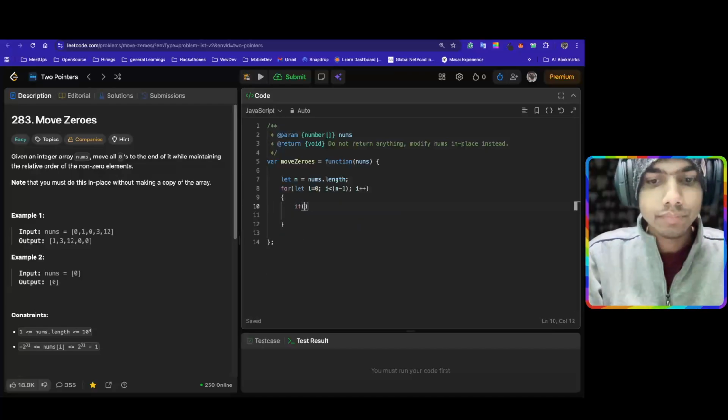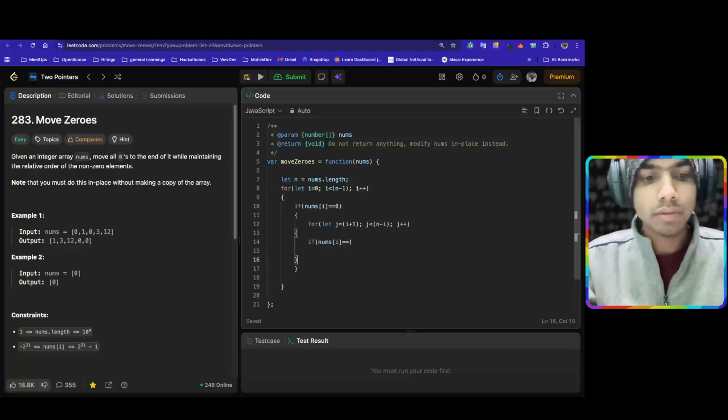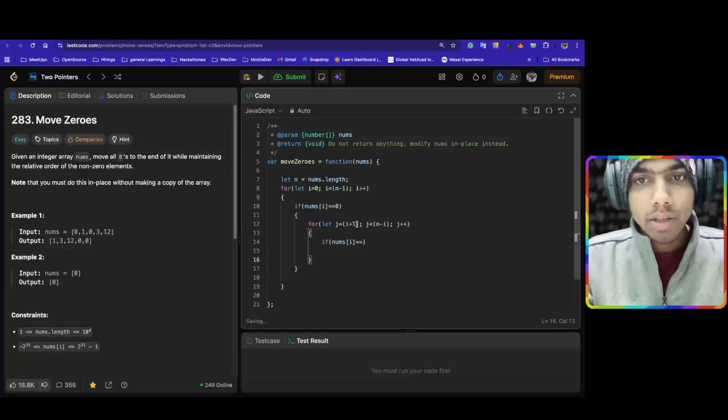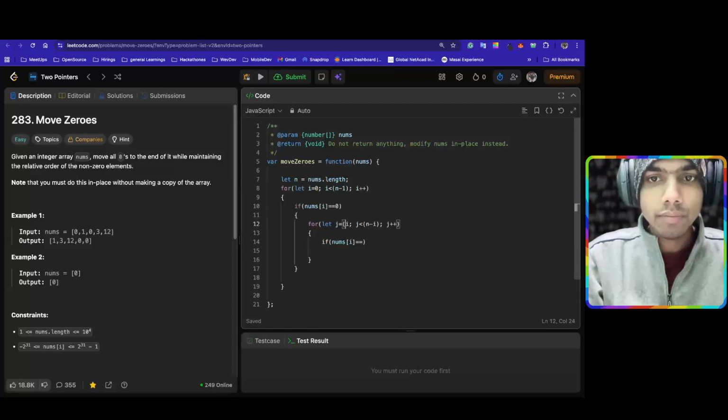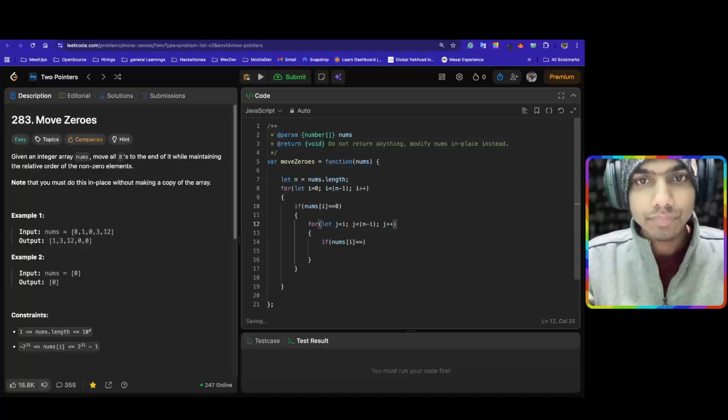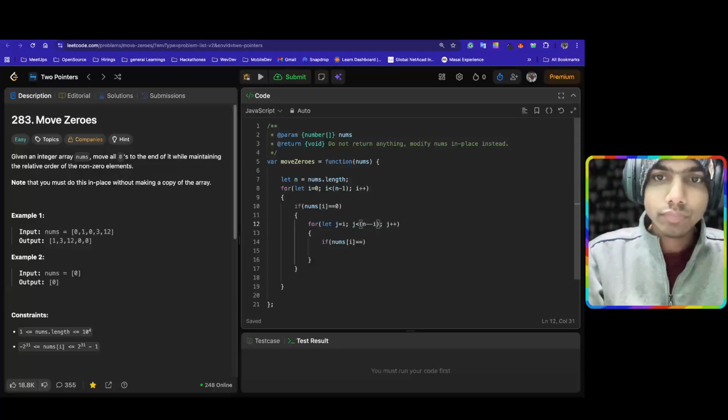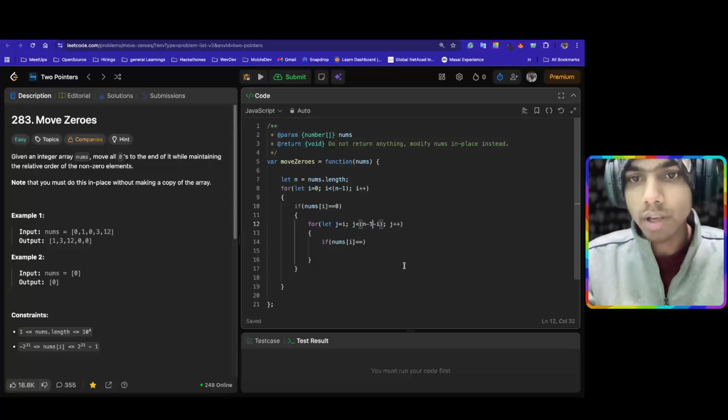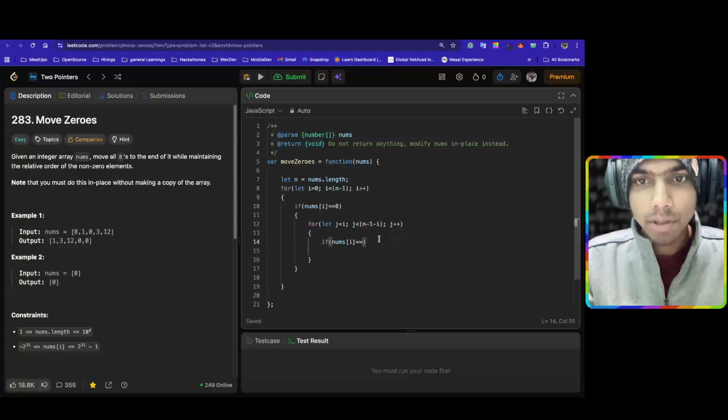If nums of i is equal to 0, then do this for loop kind of thing. And j should start with i only. n minus 1 minus i, and j plus plus,